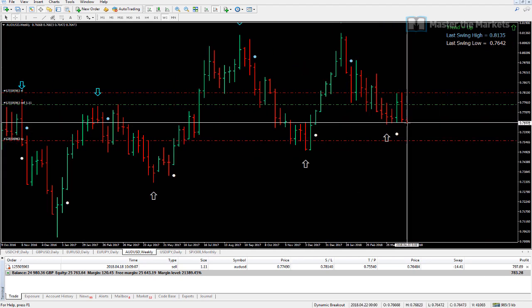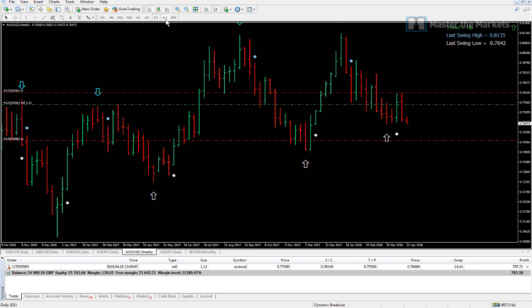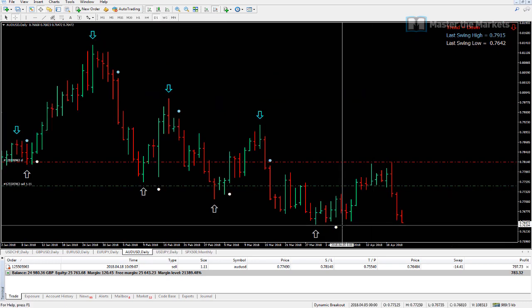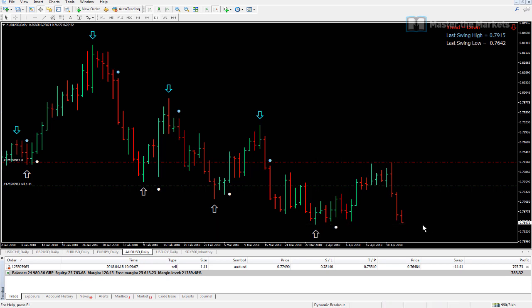If this low is broken, we expect more momentum to come into the market to the downside, because this is normally where you'll see stops stacking up in the market. And then normally when this level is broken, you'll see a pretty aggressive move to the downside. So this position is up